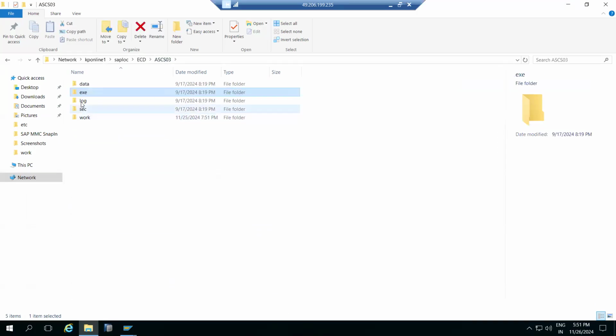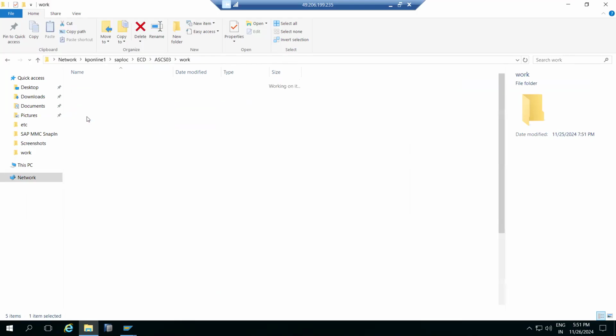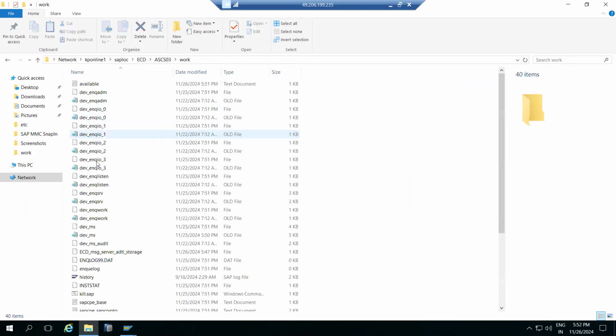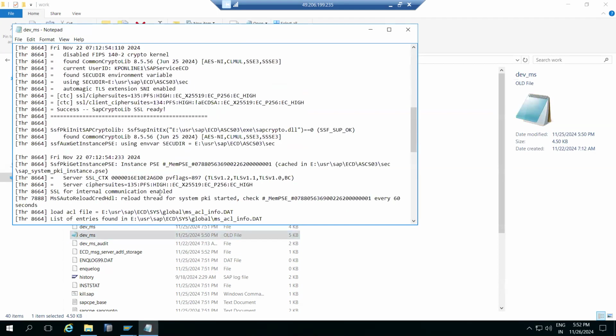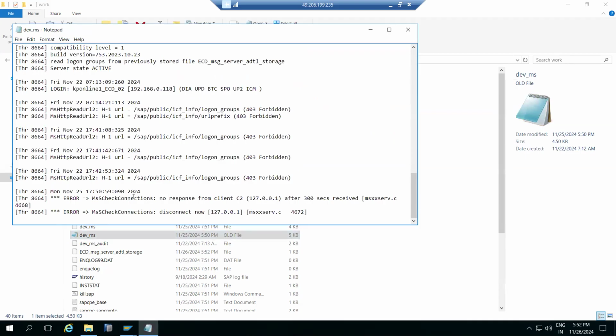So that is the log directory, with some logs here. The sec directory is normal, nothing important. But here also the work directory is there. The ASCS work directory means dev_ms and dev_enqueue. These two log files are very important here. Sometimes ASCS will not respond. When the message server will not respond, then you need to check how the message server is